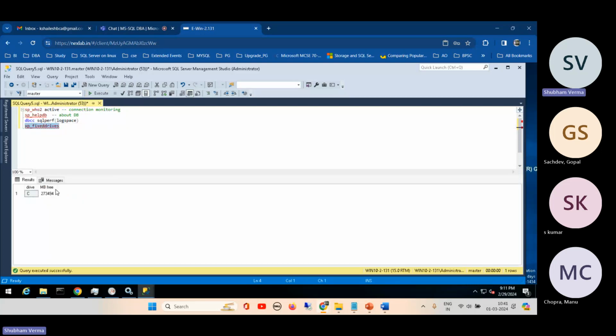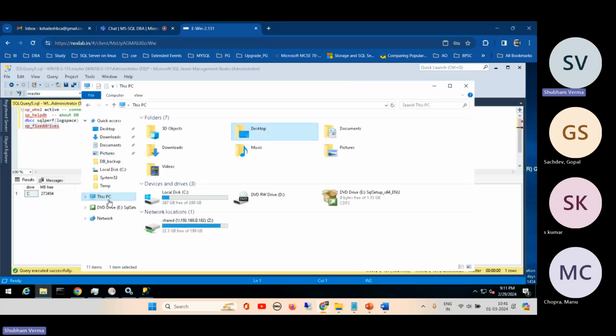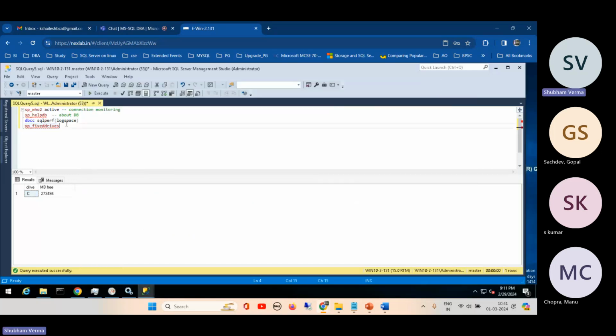So it shows the free space in each drive, in MB. We have only a C drive, so we are getting only C drive details. About 67 GB, you can divide this. Next,